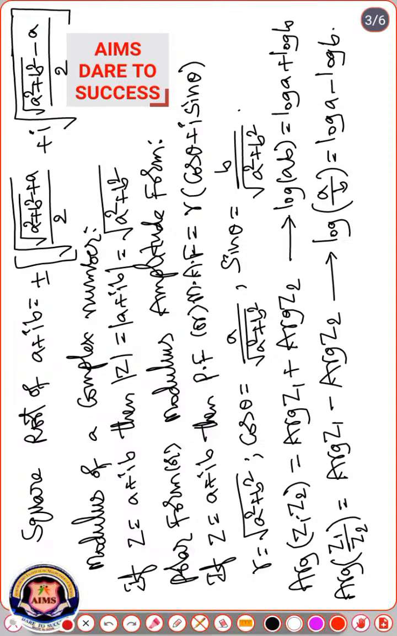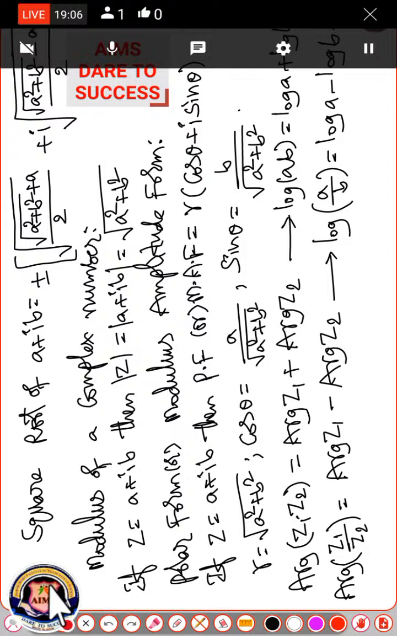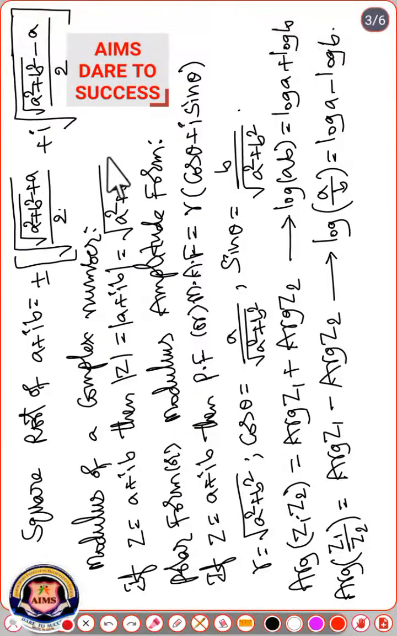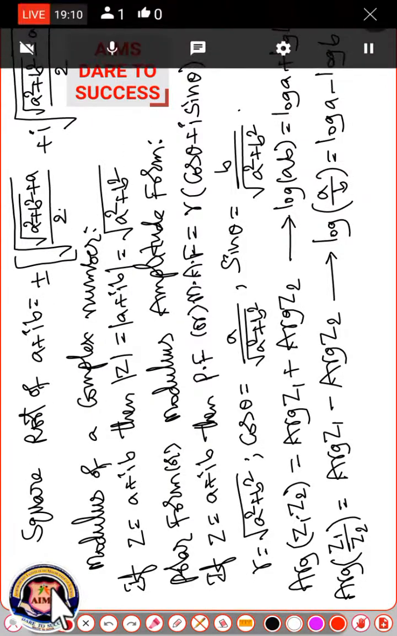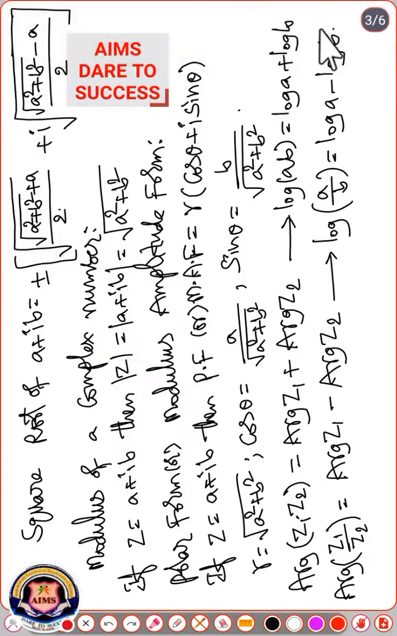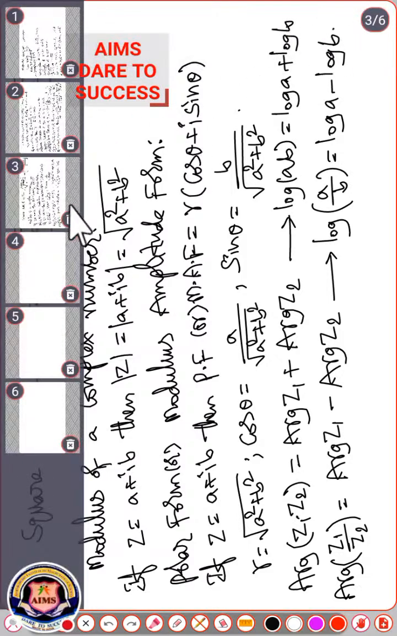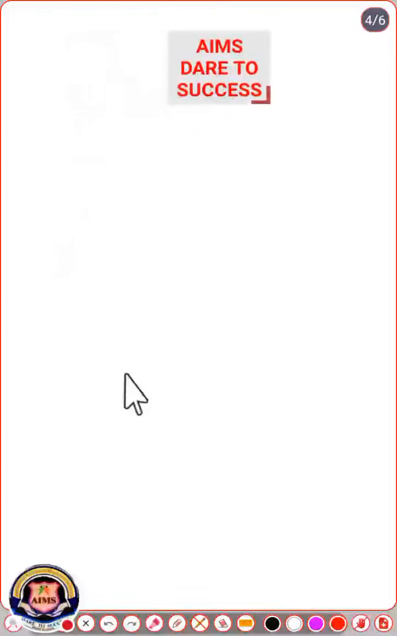These are the major concepts we can use for the complex numbers chapter. Okay, my dears, I hope you all are understanding clearly. If you do not understand, you can ask me using the live chat. Suppose